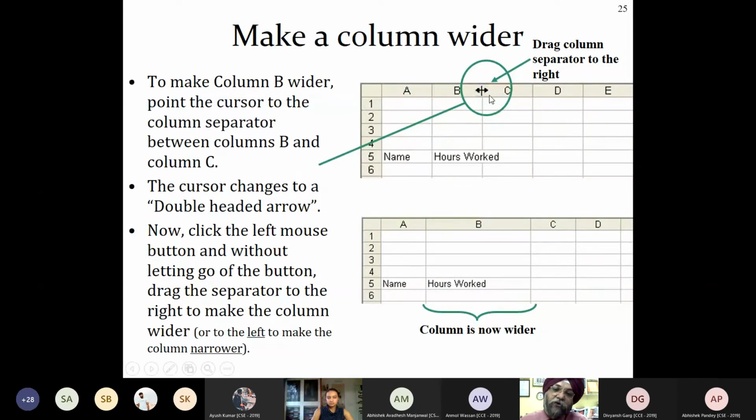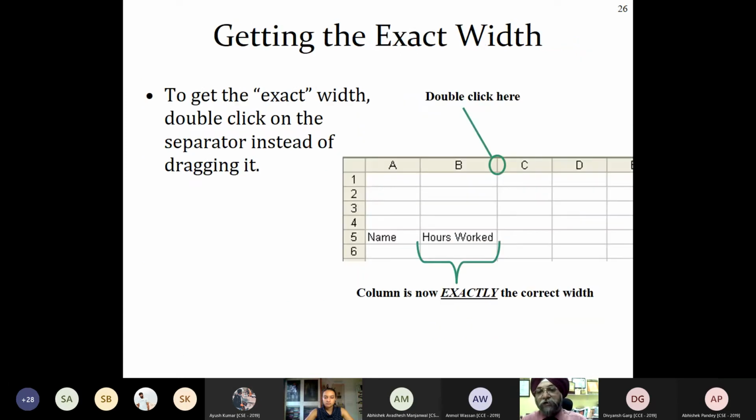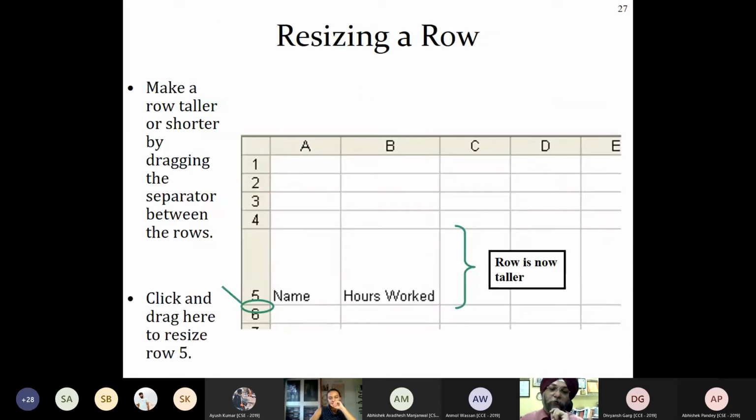So if you go over here to the edge of it and double click it, it will auto adjust its width according to the word which has been entered. The same thing is with the column also. It will auto adjust its width according to the things which are given in the column. So here if you double click over here, it will come to exactly the same size as what has been written, or you can say it will be displayed fully.